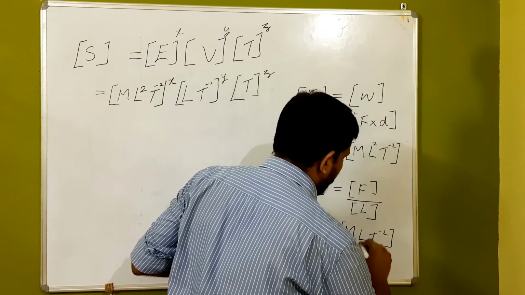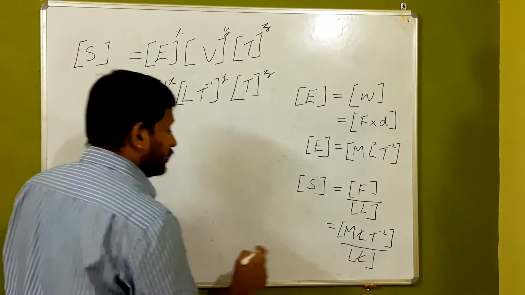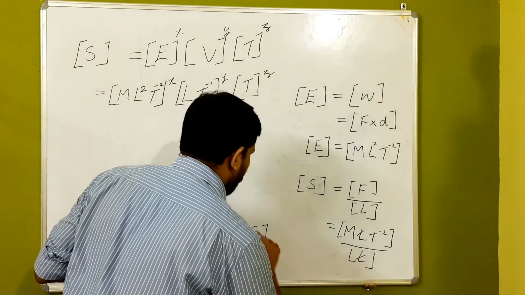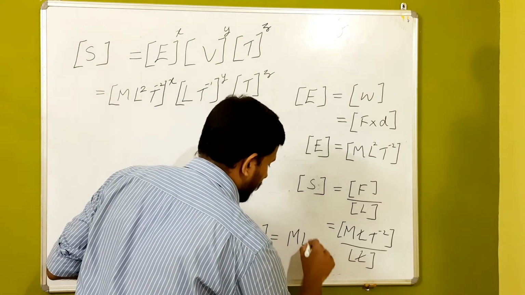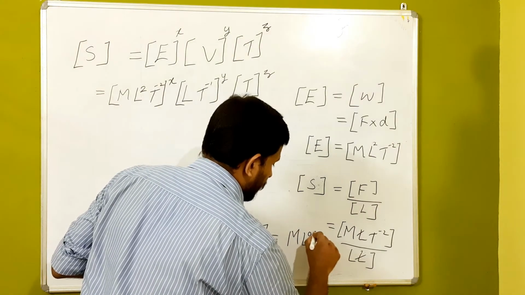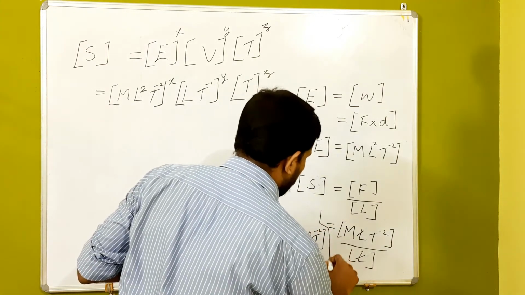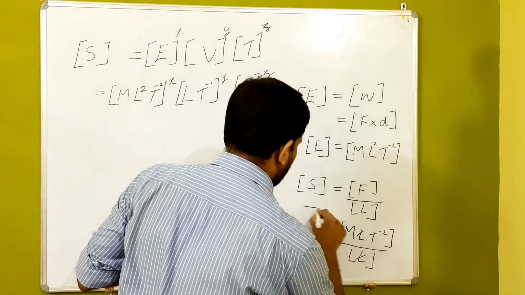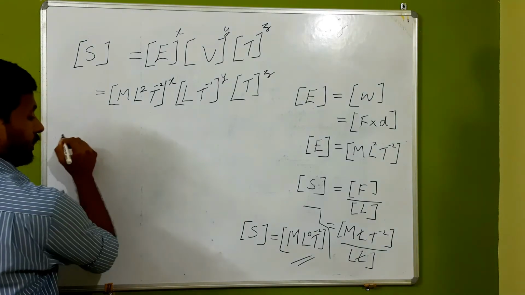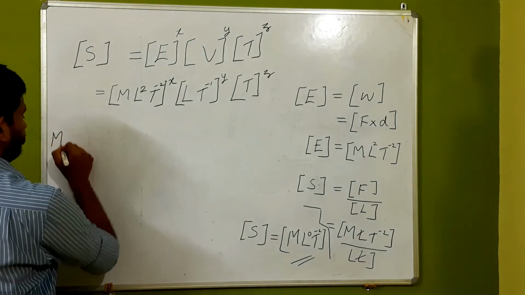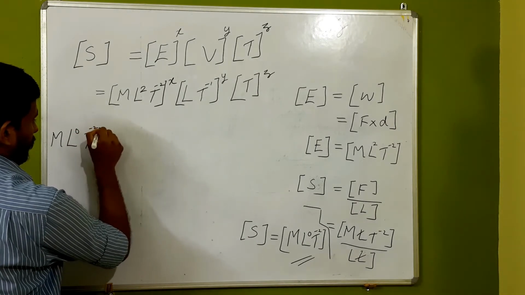So this length and length cancel, and we get the dimension of surface tension as M L raised to 0 T raised to minus 2. So this is the dimension of surface tension. Okay, so putting it here we get M L raised to 0 T raised to minus 2